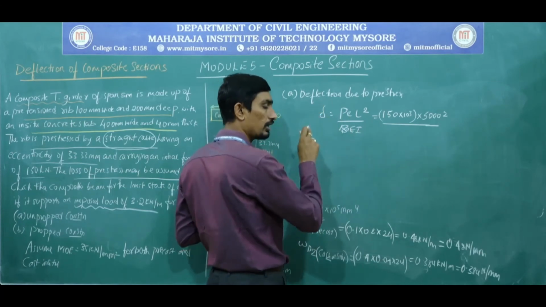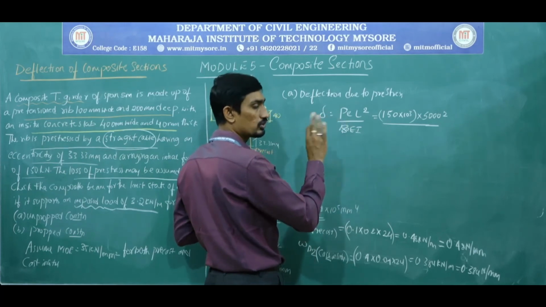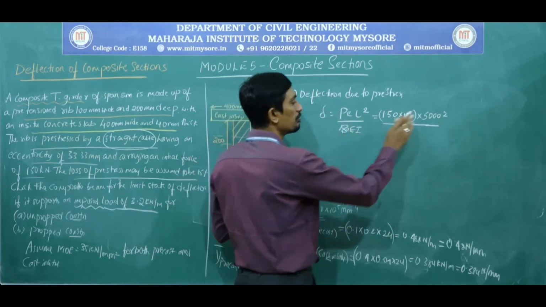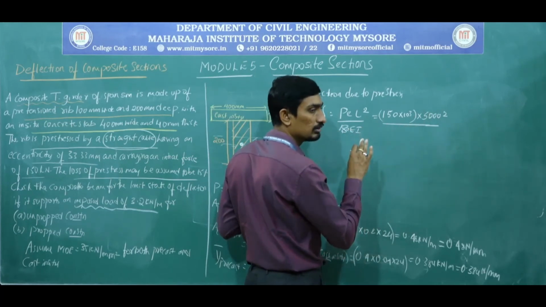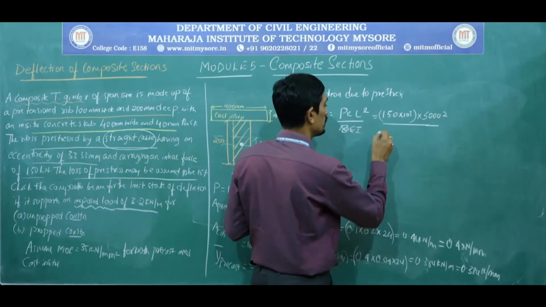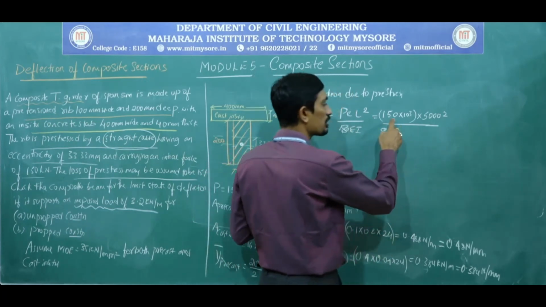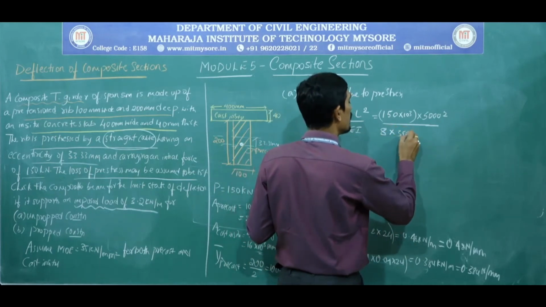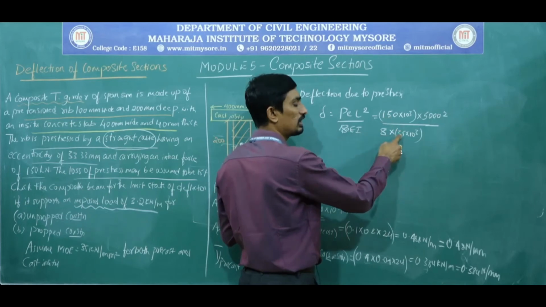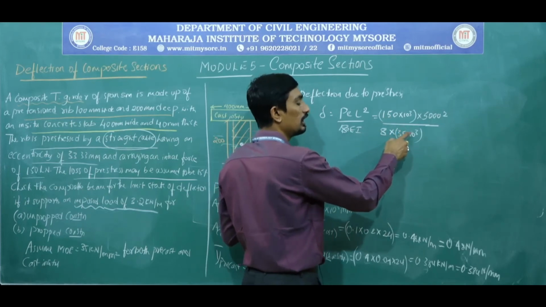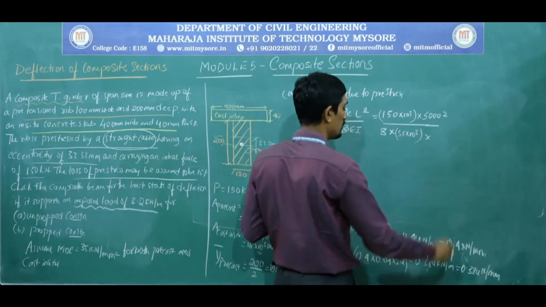Next, coming to the force. So like that I need to verify it and then substitute. You should not simply substitute. If you simply substitute 5 square and check the answer, it will vary. So please be cautious. 8 into modulus of elasticity. Since I have substituted in Newton, it is 35 into 10 to the power of 3. If I substitute in 150, here also it is 35 because it is in kilonewton per millimeter square. So like this you need to be very cautious.